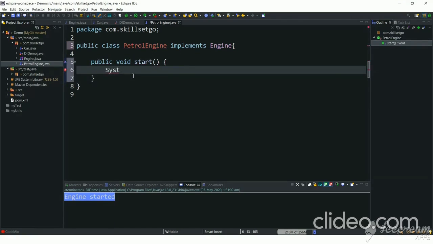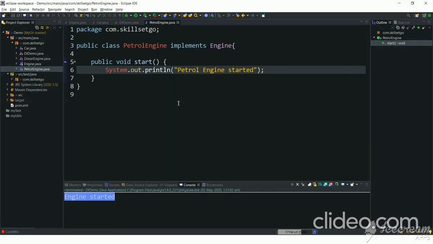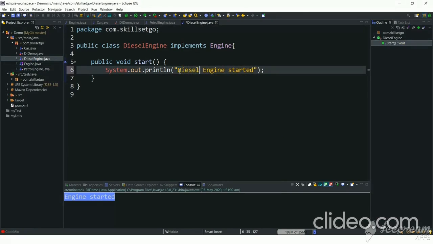Let's print petrol engine started, and just create one more implementing class. Just copy and paste and change the name. DieselEngine implements Engine, and we will print diesel engine started.